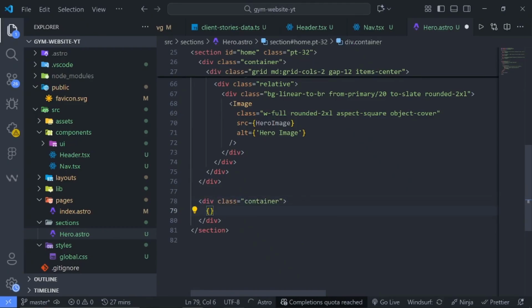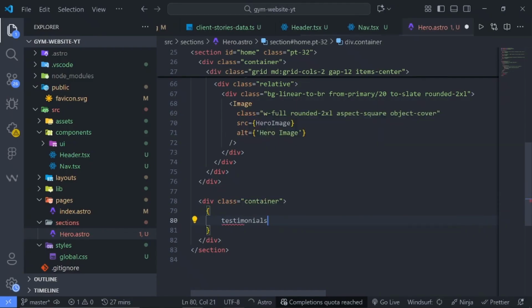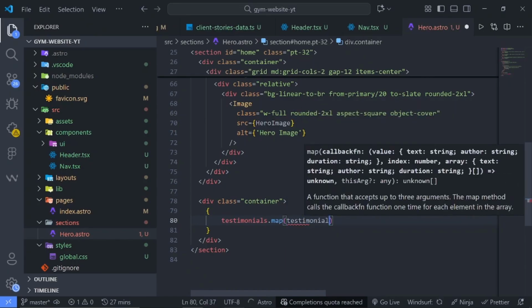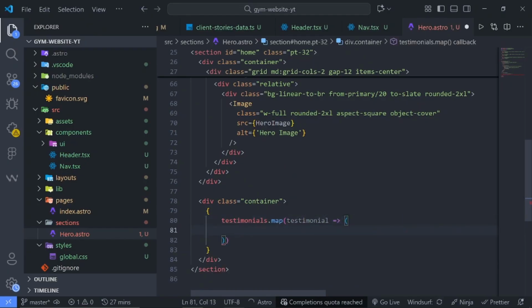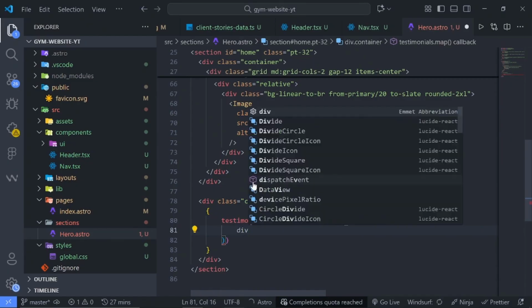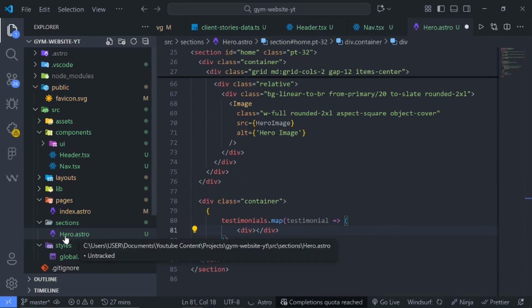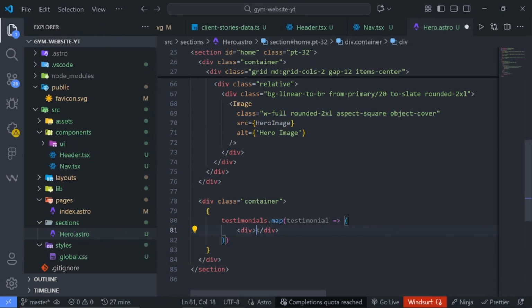Then we just say testimonial the map like so. So for each testimonial, so if I can spell like so, create a div, and this time we don't need a key because we're using an Astro component, so we don't need a key to keep track of